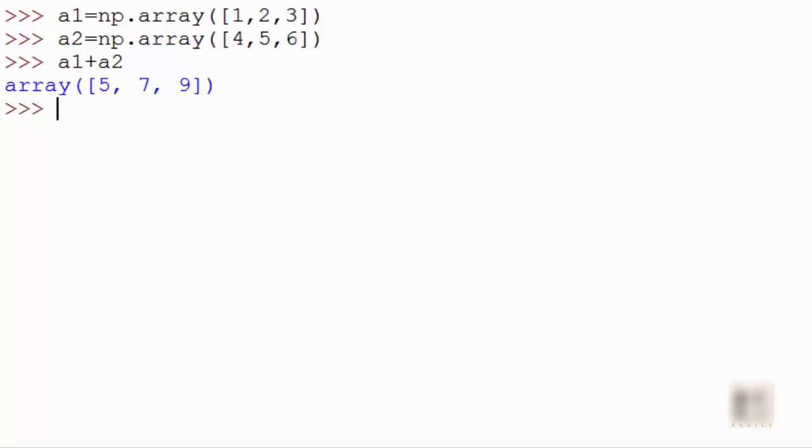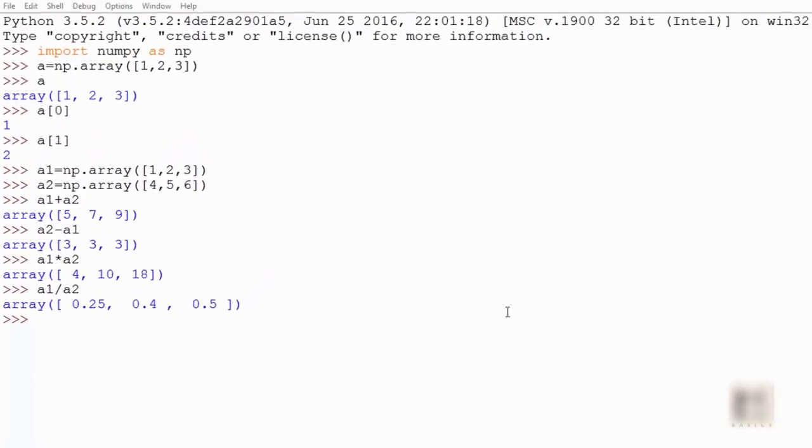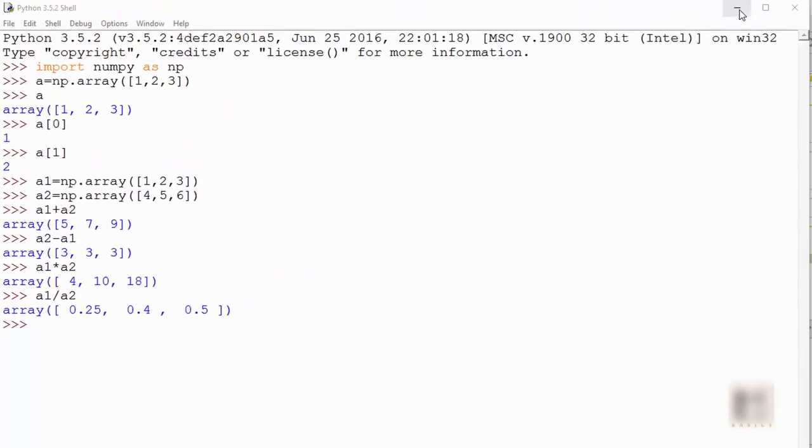You can also do a2 minus a1. So you can see you subtracted this from here. You can also do multiplication, so a1 times a2, you can do division and so on. You can do all these operations. Okay, so that was all about numpy introduction. You saw why numpy is so much better than